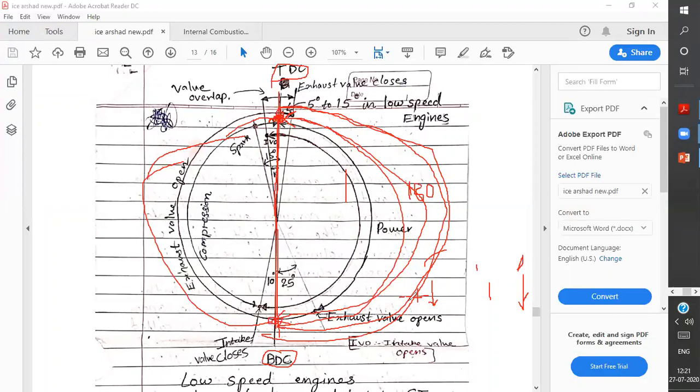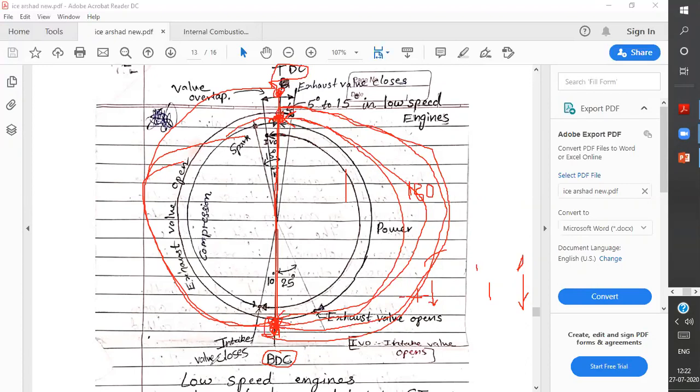Again, the exhaust valve opens here, at this point when the total 180 degrees has been reached and the piston has reached the bottom dead center. Then the piston pushes out the exhaust, and the crankshaft rotates another 180 degrees and it reaches the top dead center. When it has reached the top dead center, only then does the inlet valve open in a theoretical cycle. This is the assumption. But what is happening in actual?